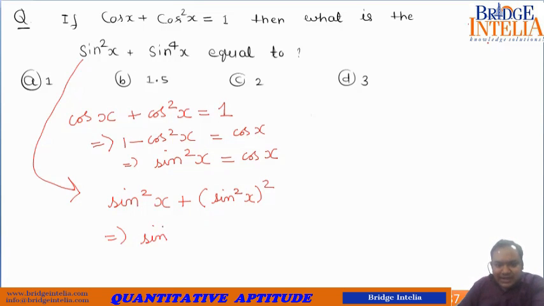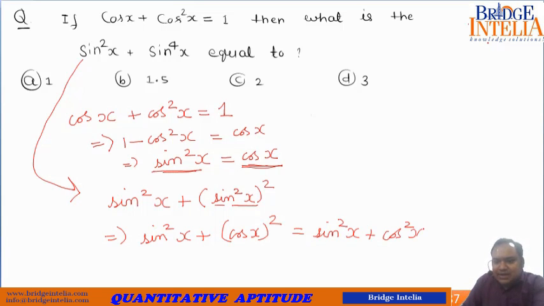So this is actually equal to sine square x plus, now sine square x, as you can see, is also equal to cos x. So instead of this sine square x, you can actually write cos x whole square. So this comes out to be sine square x plus cos square x, which is actually equal to 1. So the answer is 1. Or you could have taken an easy way if you had figured out which value of x fits the bill, but that's not that obvious here. So anyways, now we'll move to the next pattern of questions.